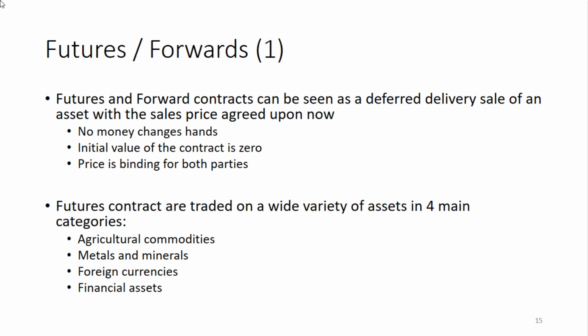What's interesting with these futures and forward contracts is that the price that is determined to apply at this later moment in time is determined in such a way that both parties are happy to enter into this contract, and there is no additional premium or cash required to be paid from one party to the other to make it a fair deal. So the contract is simply an agreement, and there are no further cash or premium requirements. What we say then is that the initial value of the contract is zero.